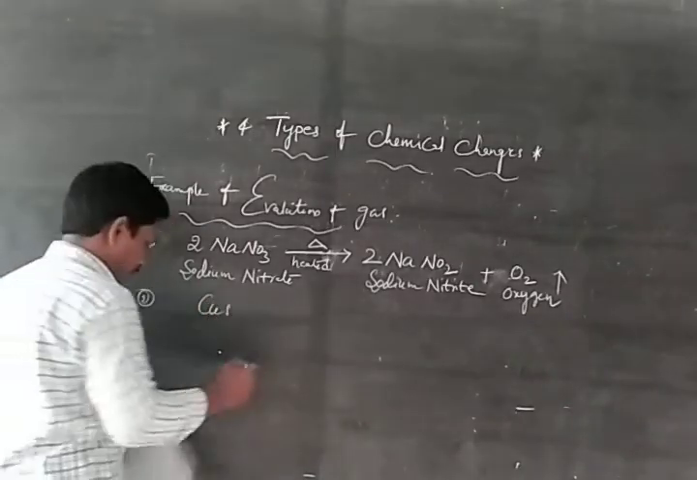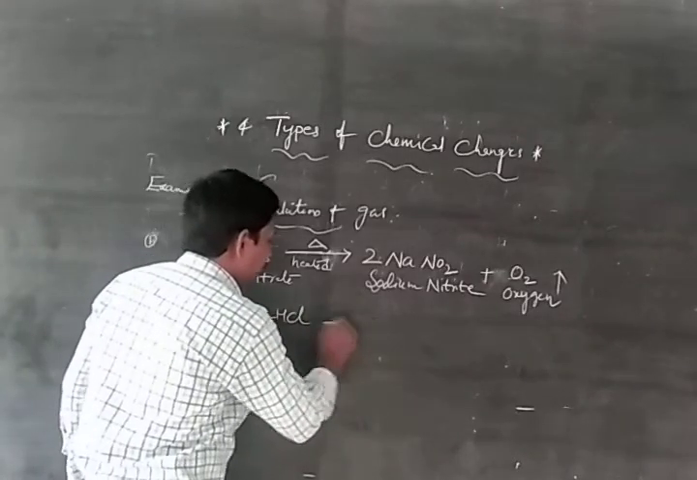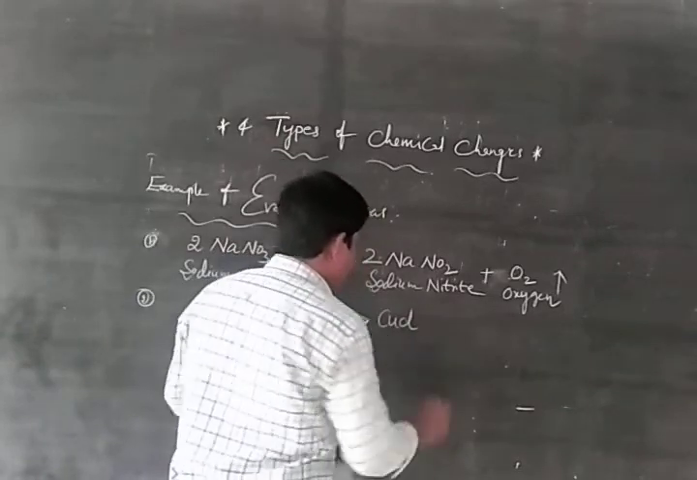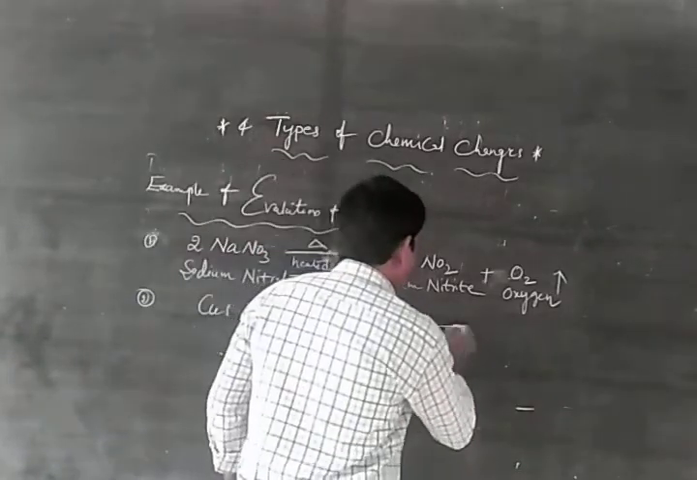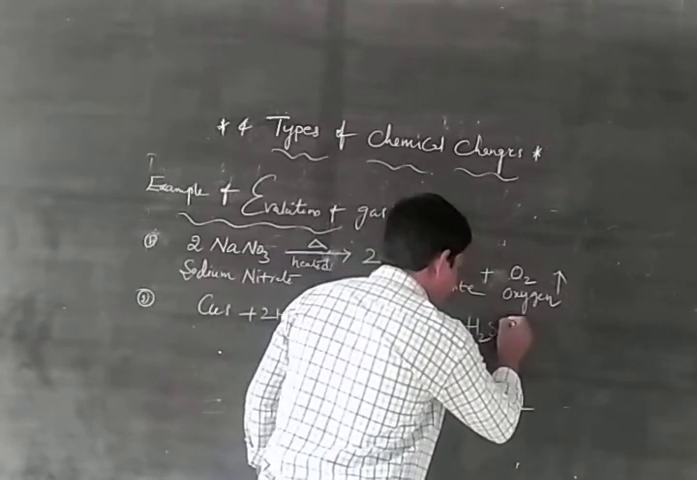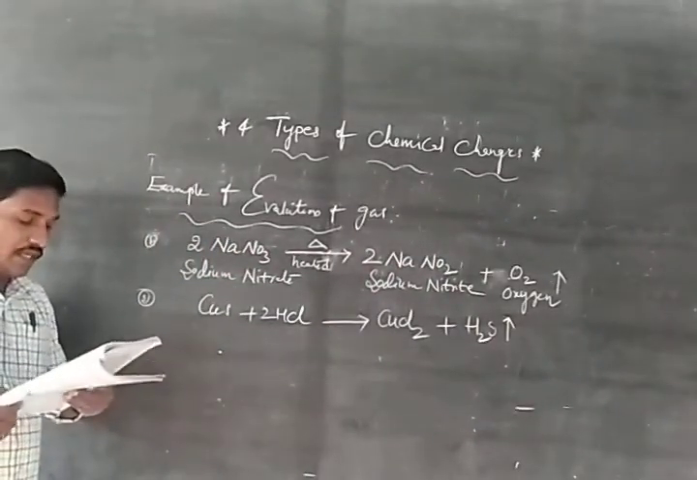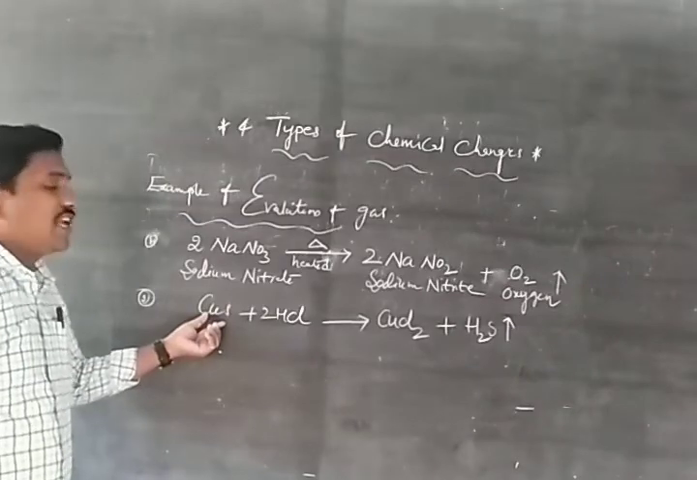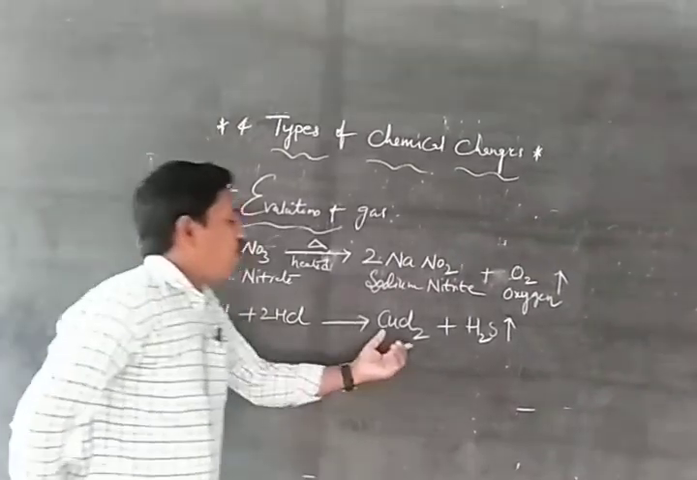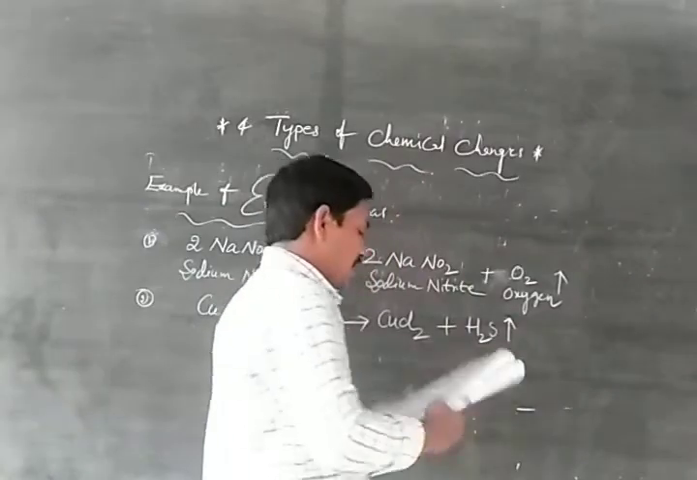CuS plus 2HCl gives rise to CuCl2 plus H2S. This is also a gas. Okay. When CuS, copper sulfide, reacts with HCl, it forms copper chloride and hydrogen sulfide. Hydrogen sulfide